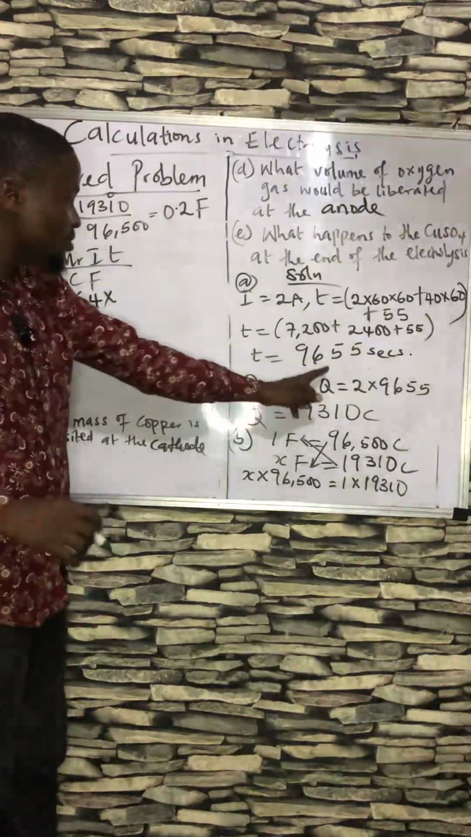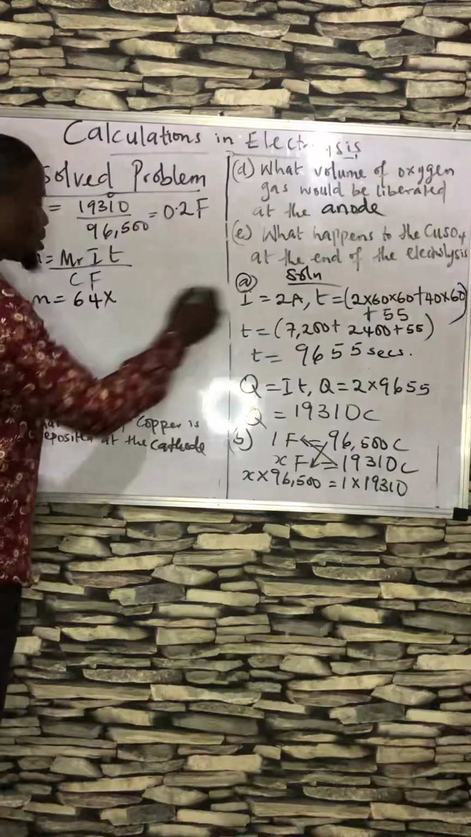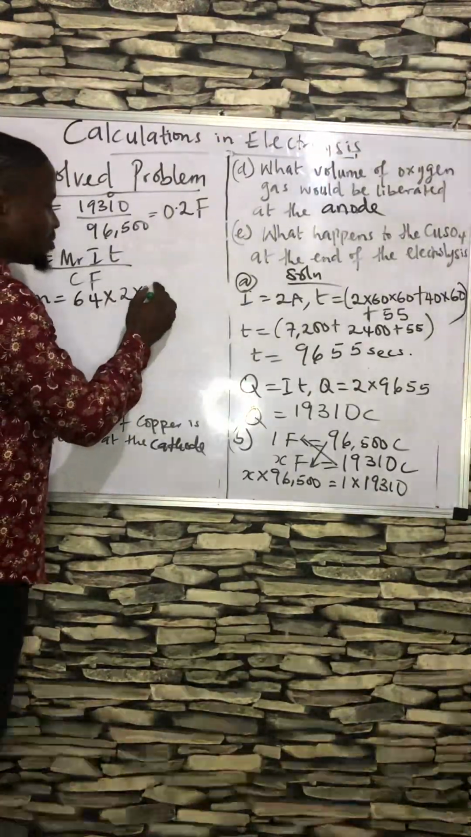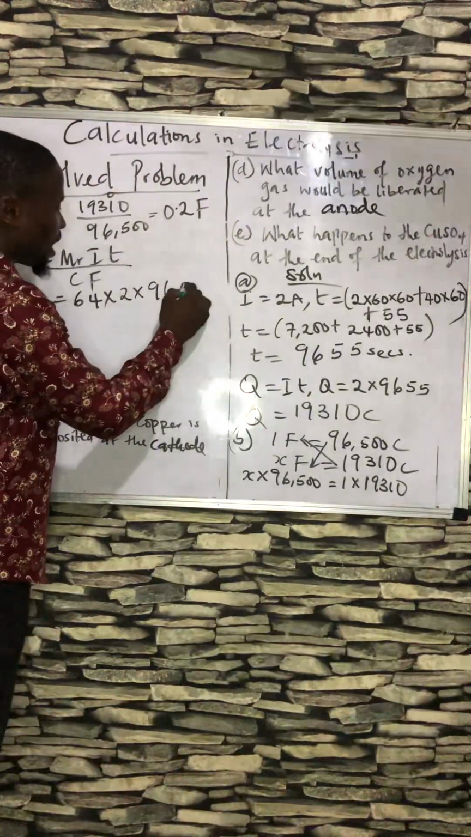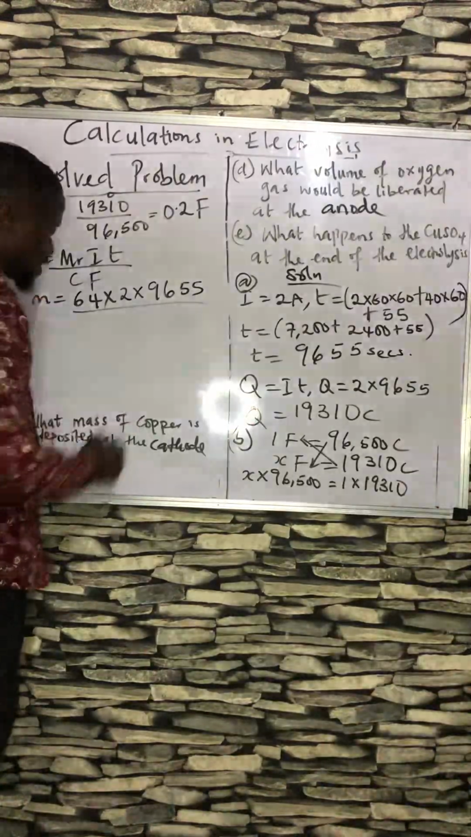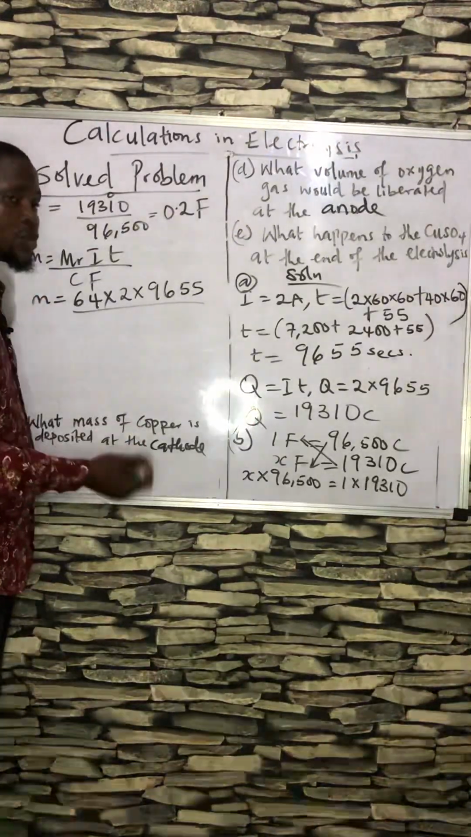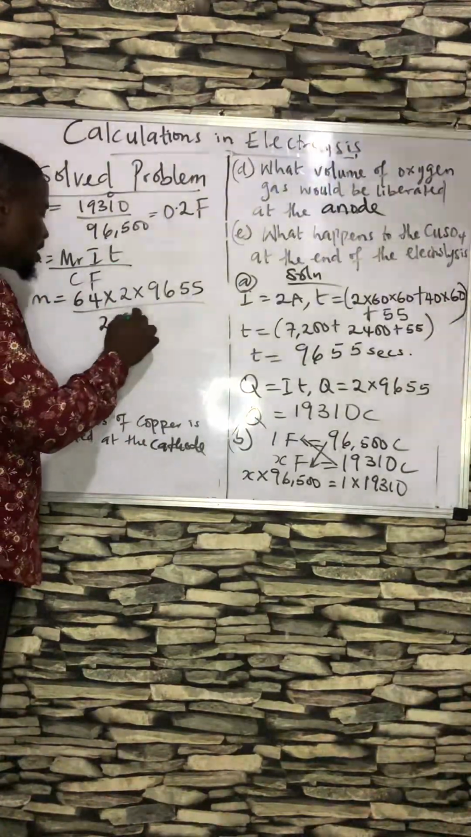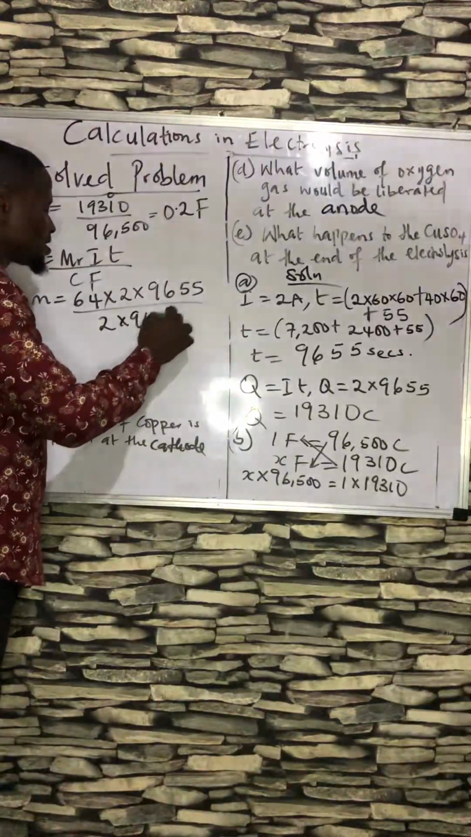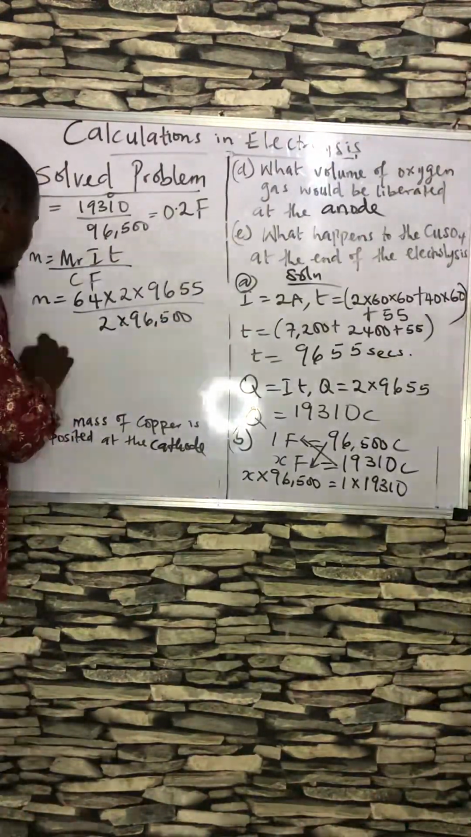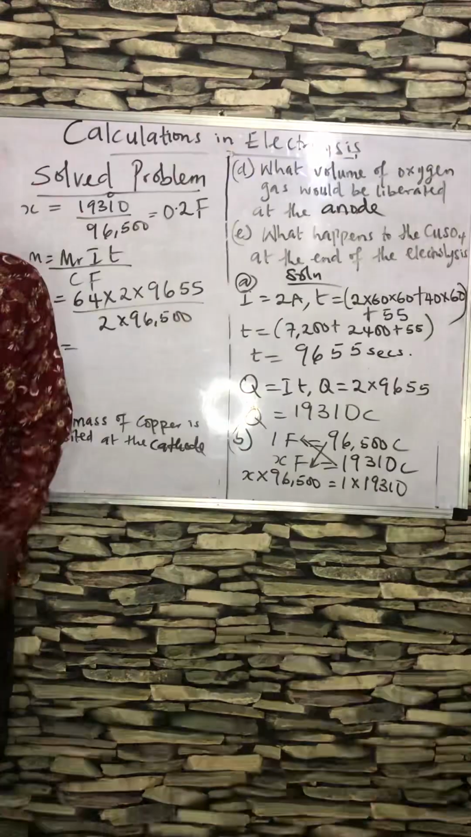Current and time, we've done that. The current is 2. The time is 9655. The charge for copper 2 ion is 2. And Faraday's constant is 96,500. So the mass is going to give you